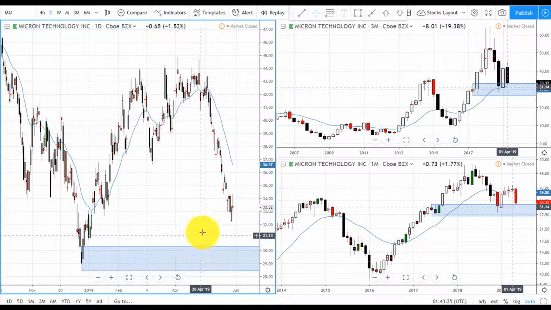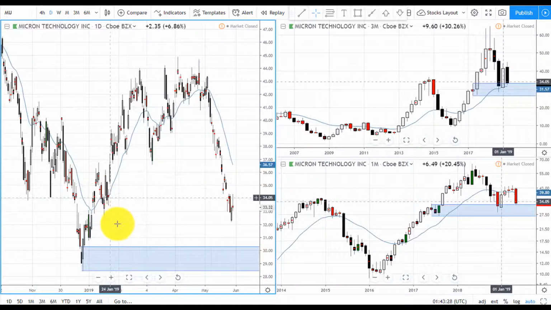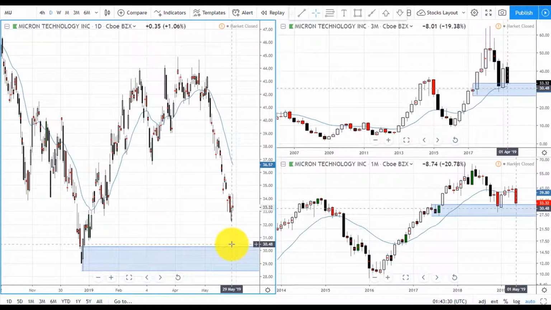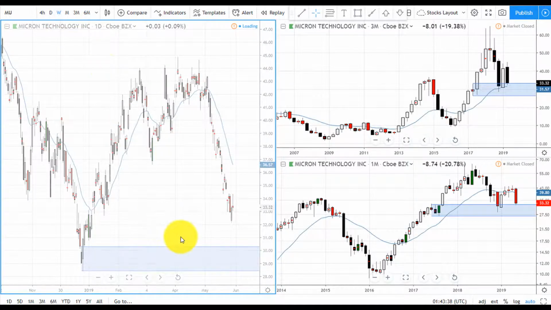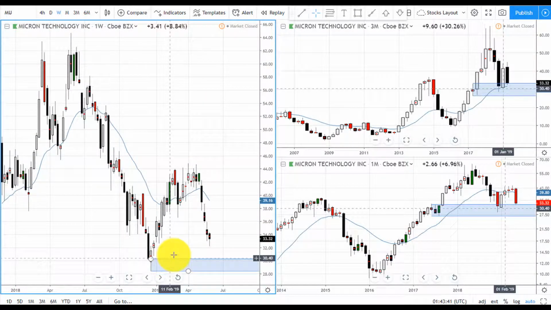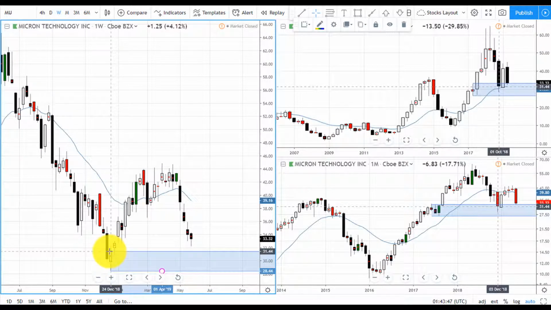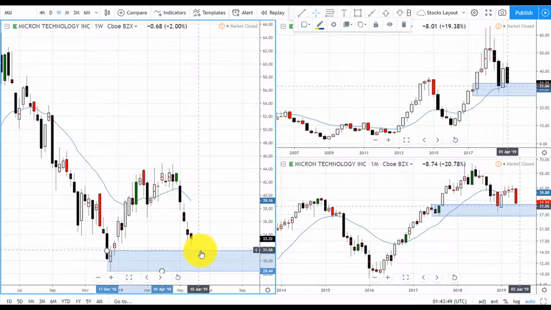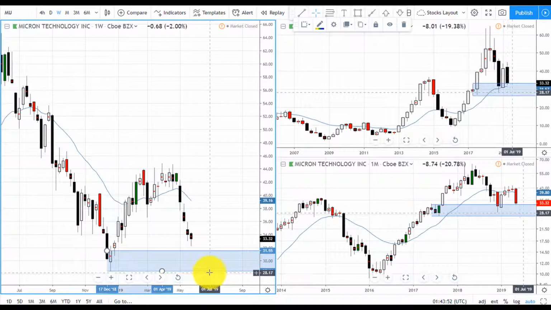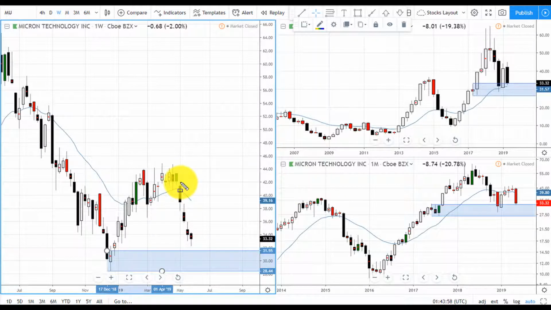But you can see that if price goes down here, then we want to be buying down here. At least I will be, having a stop loss, or not on the daily. I'm going to be buying on the weekly, but if you do trade the daily, that's where your levels should be. But for me, I'm going to risk a little bit more at 30.60, 30.55, and putting my stop loss at 28.39, and my take profit should be at least